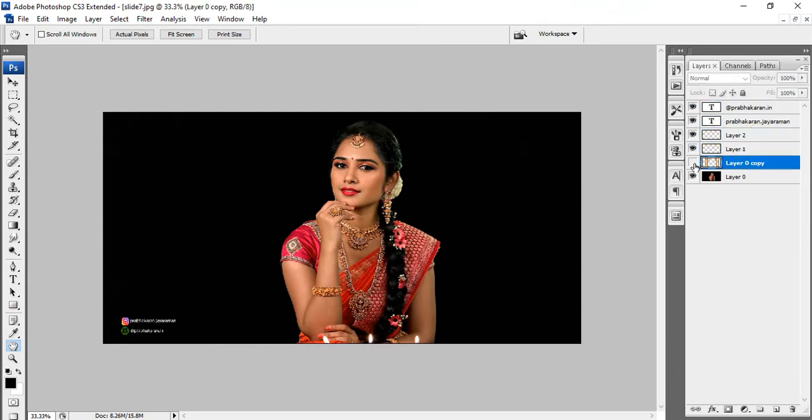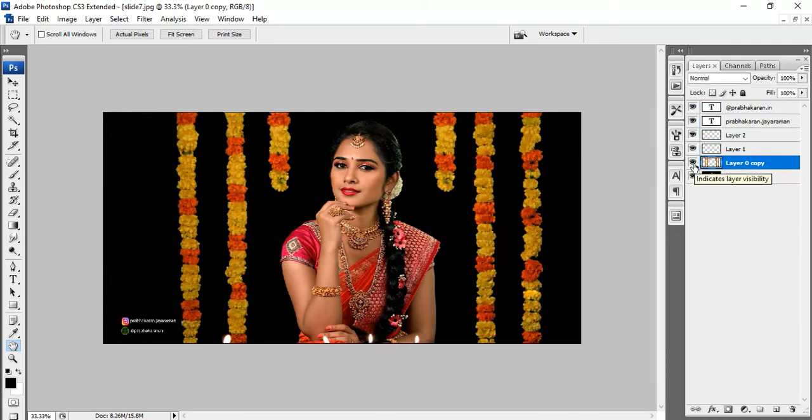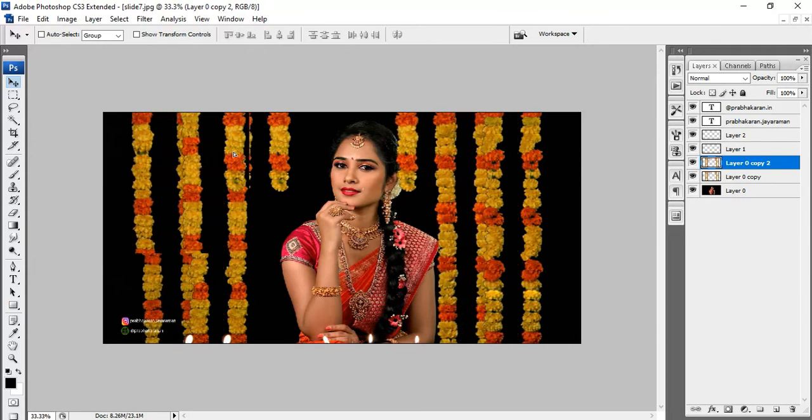See, this is our complete design, already done. Now this is our background. Background means this is our original image. Under this image, I created certain layers to bring in some flower design. Take an example. This is one layer with the flower design. If I'm going to do some additional work on this background, for example, I'm going to create another layer and modify certain things here again.